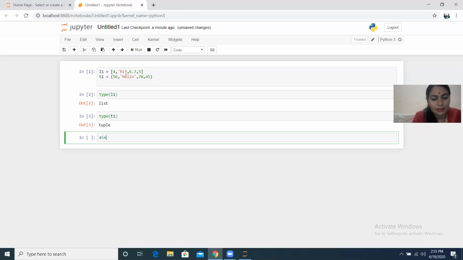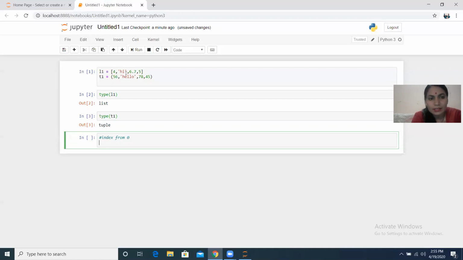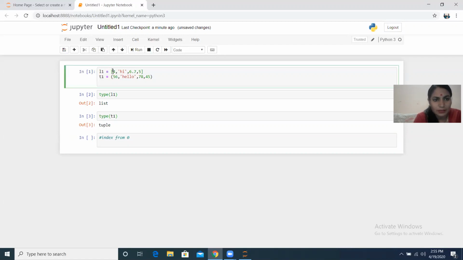We start indexing from 0. So for this list, at index 0 it's 4, and high is at index 1, 6.7 is at 2, and 5 is at 3. So indexing for this list is, let me copy this and paste it here.